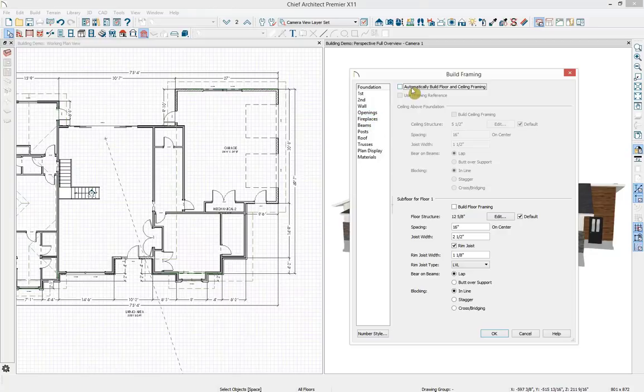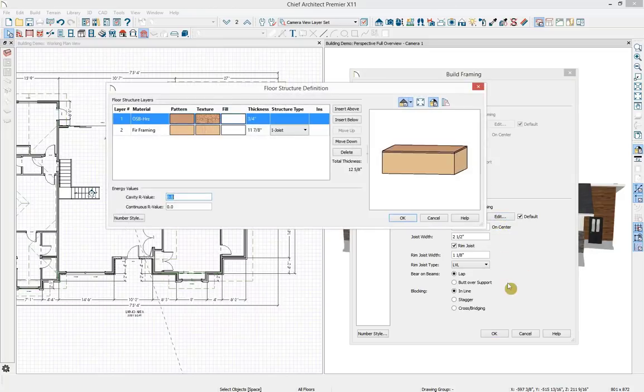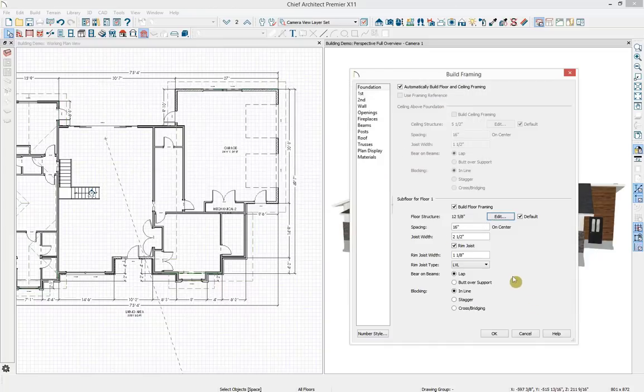So I'm going to just come through here. I'm going to do floor and ceiling framing, and again we established that when we built the second floor. We also have some options here, so I'm going to select to build the subfloor for floor 1, and we're going to build it at 16 inches on center. And if we wanted to edit the floor structure, we probably wouldn't want to do so here. You would want to do so before we built the second floor, but this is where we're seeing that structure